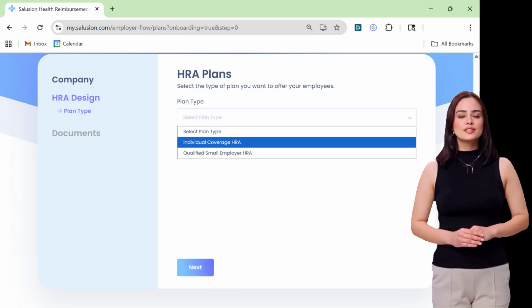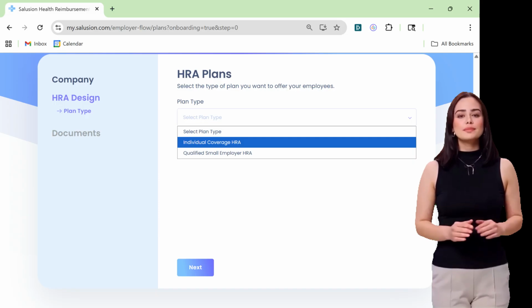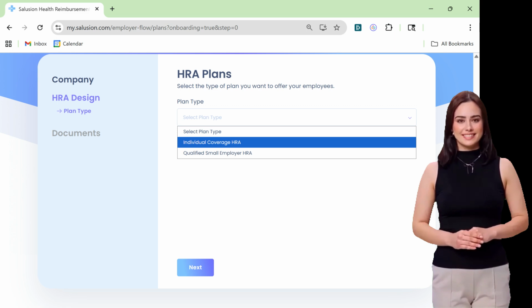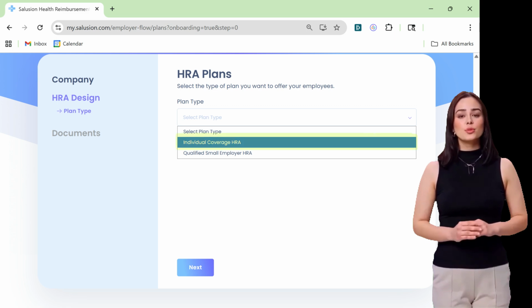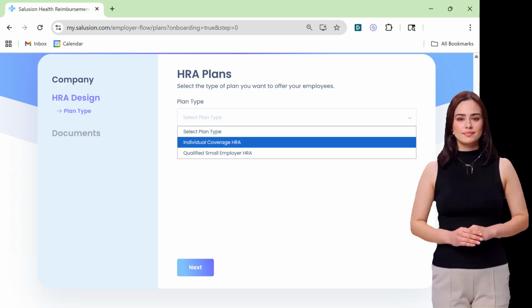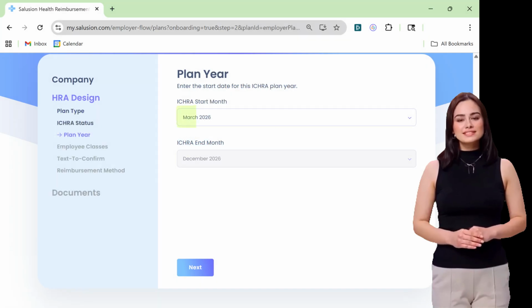The next step is to create the HRA itself. You'll have the option to choose between two types of HRAs, an ICHRA and ICHRA. When you select the ICHRA, you'll be taken through the ICHRA setup flow. First, you decide when you want the plan year to start. You can start an ICHRA at any time. ICHRAs run on a calendar year basis, so the plan year always ends on December 31st, and future plan years